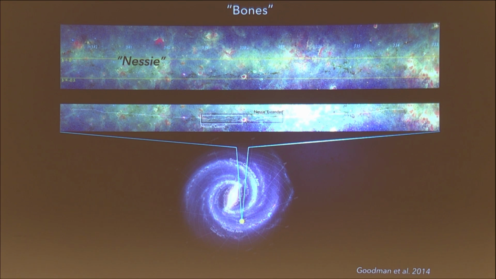And if you look at this in the far infrared, it's actually a little bit more continuous. Okay, so it gets broken up by H2 regions. I'm choosing to give Nessie kind of short shrift today because this is a 5-year-old result and I want to talk about the new stuff. Okay? But it's important to know that these things exist.